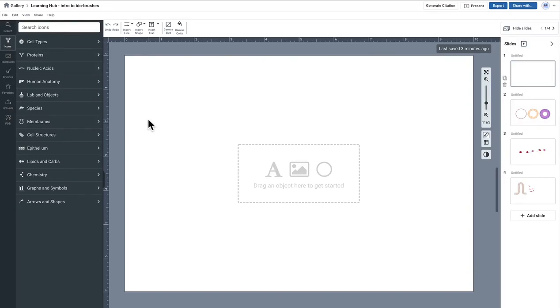This video is an introduction to our new feature called BioBrushes. There are several ways to use BioBrushes, and there are a few ways to access them in BioRender. The first way is simply just to search any icon type, and some of the icons may give you BioBrushes